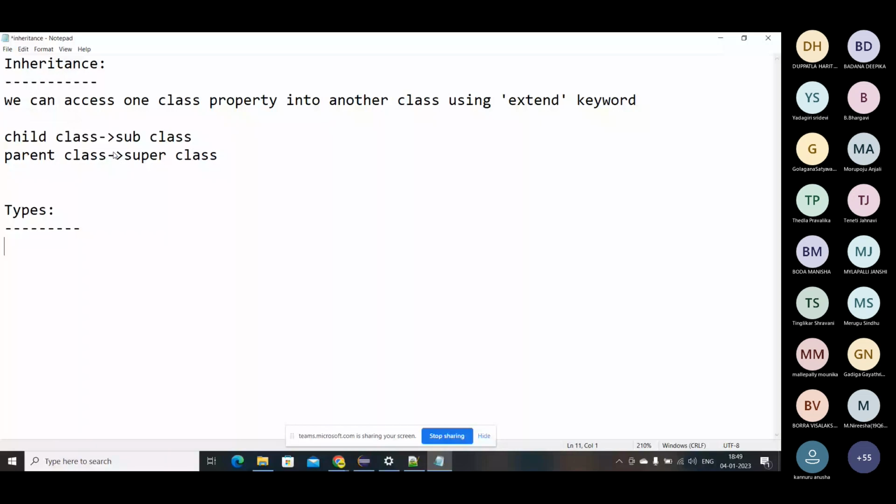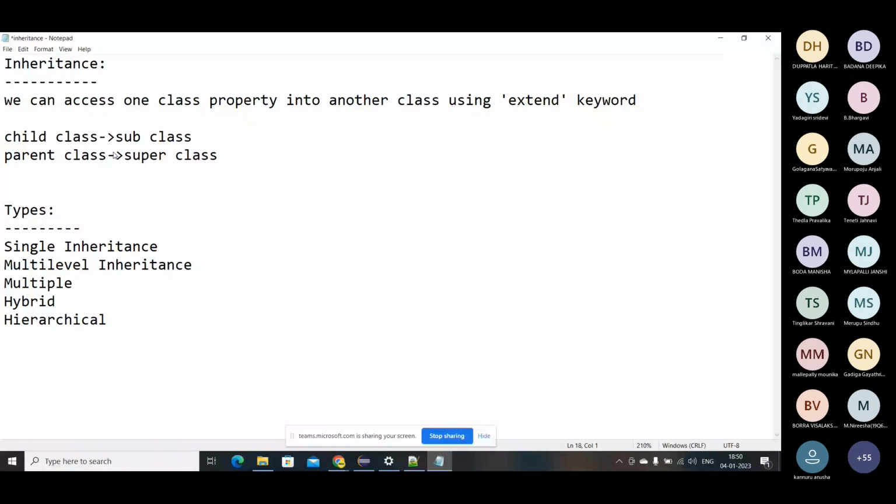The types are: single inheritance, multi-level inheritance, multiple inheritance, and we have something called hybrid inheritance and hierarchical inheritance.